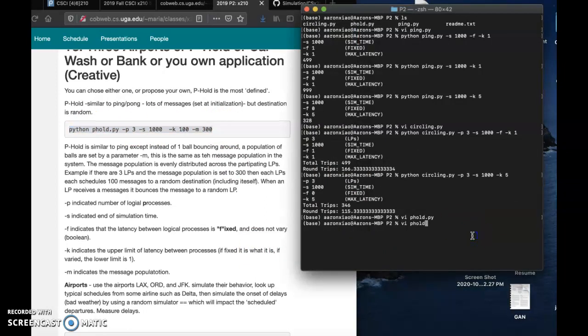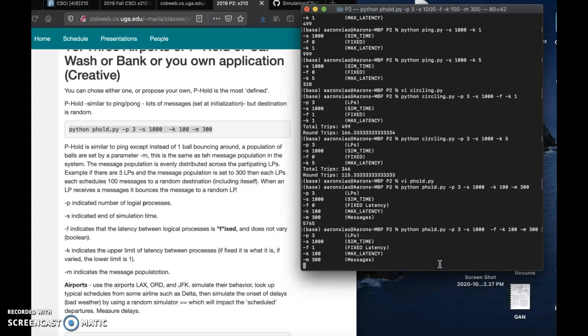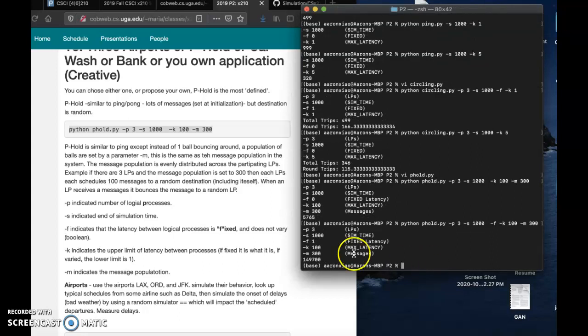Okay, so this time I'm just starting off with the random, and that's the value for the random. Now if we're to fix the latency, for the fixed latency, I had it set to 2 here as well. It might take a bit longer to run. And then that's the value for the fixed latency. So for the fixed latency being 2,